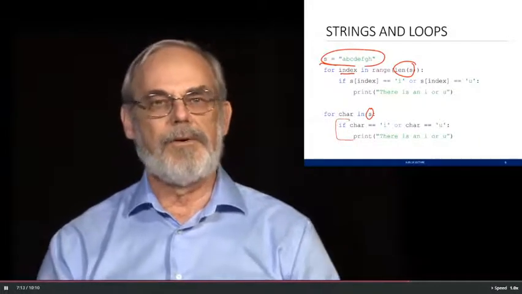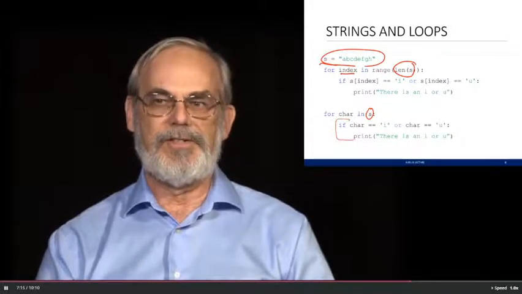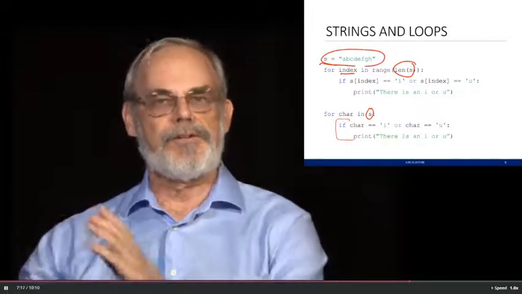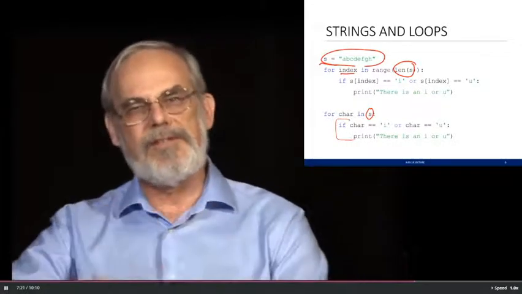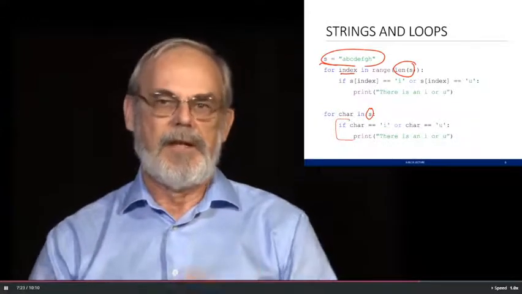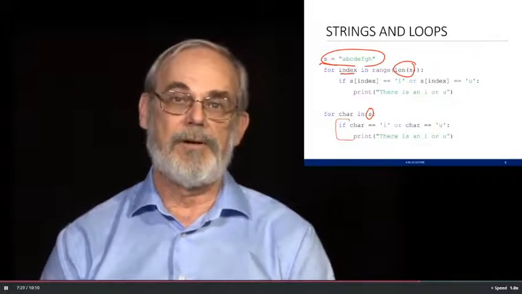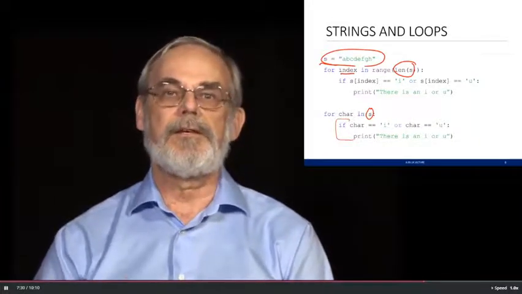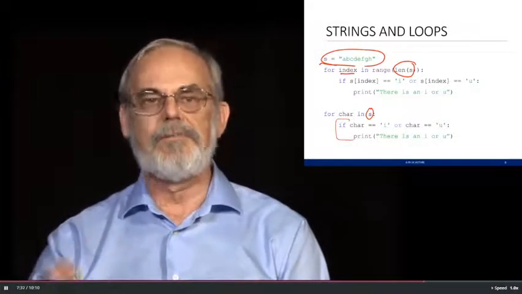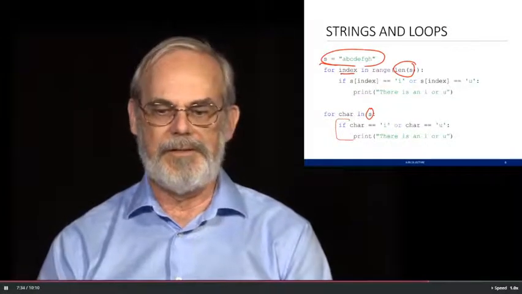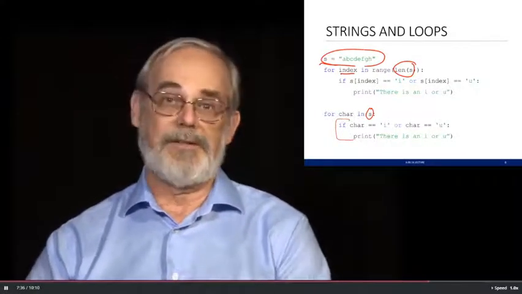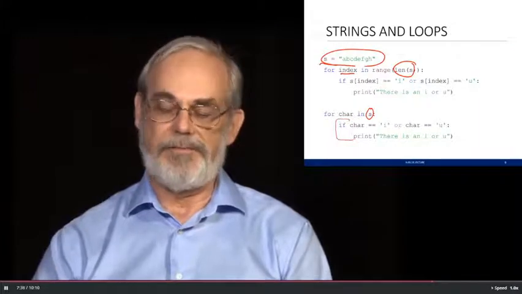That second piece of code is much cleaner. It's easier to see what I'm doing. I'm looping for all the characters in a string, as opposed to saying I'm looping for an index over all the indices into the string. And that's one of the nice things about both strings and especially about loops. I can iterate over anything where I can successively enumerate each of the elements of that piece. So now I've got strings as something which I can use as parts of loops, and that's really nice.